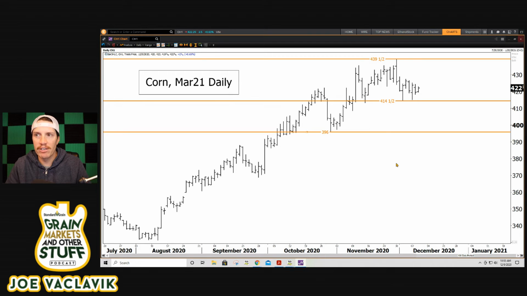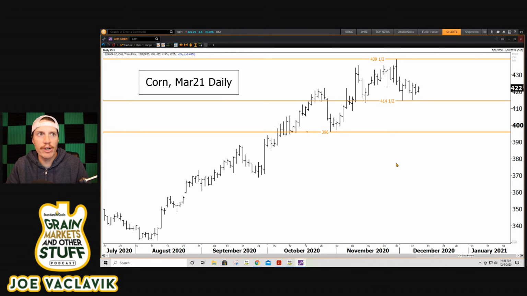You've got this big fund long, you've got a market that has trended higher, and you've got the end of the year coming up. So I think that there is some downside risk. I really hope we go the other way. I hope we go back up and blow through that 439 and see this market at some even better levels. But for the moment, I'm looking at the action here technically. These lower highs in each of the last, for today would be, 5 trading sessions. That's kind of a red flag to me.